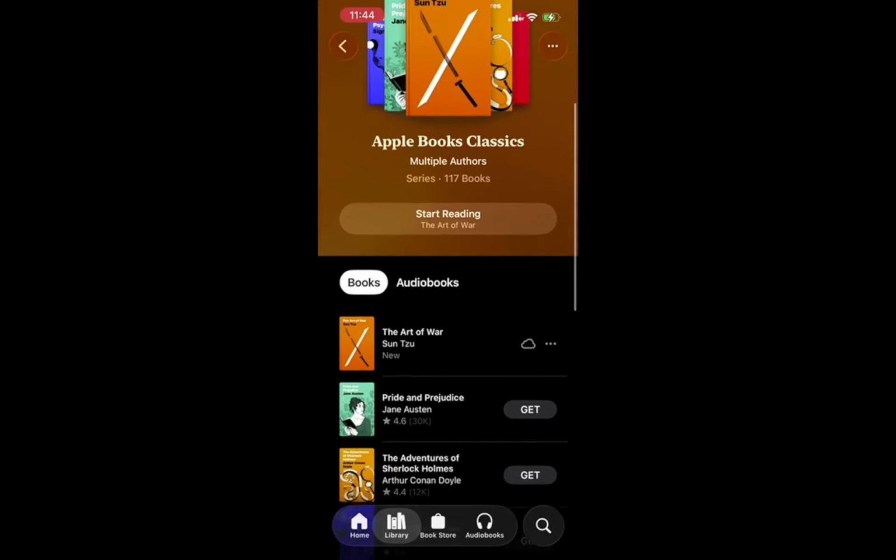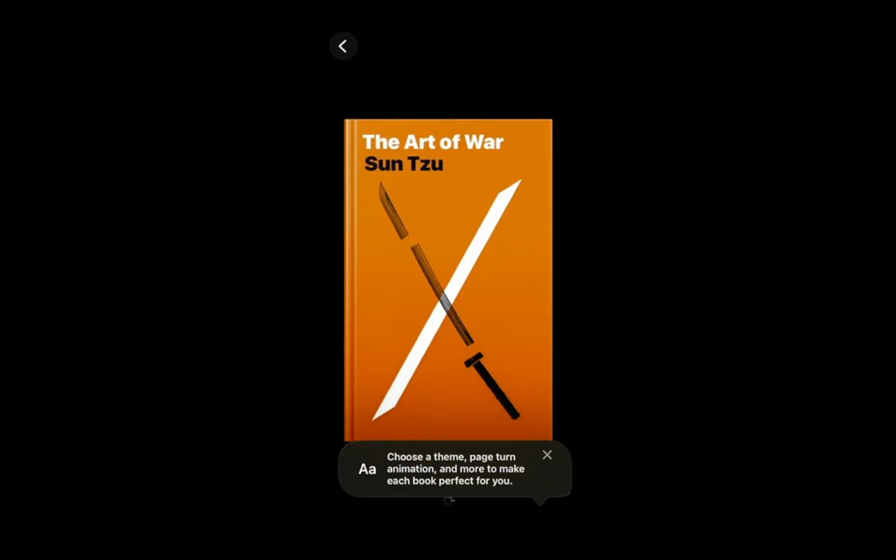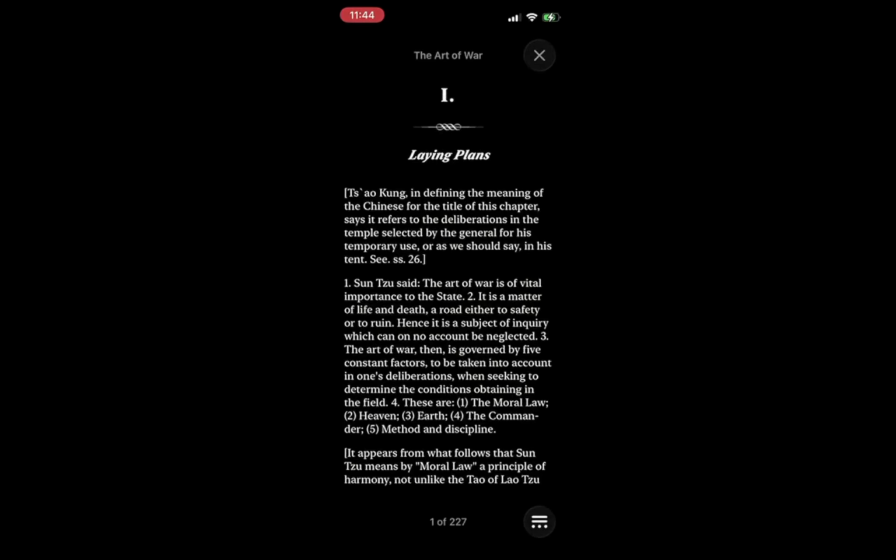In summary, downloading books on your iPhone through the Books app is an efficient and enjoyable process. Each step is designed to guide you seamlessly from opening the app to having your new book ready for reading. Remember that you have access to a wealth of knowledge and stories right in your pocket. Enjoy your reading journey knowing that each step brings you closer to exploring new worlds through literature.